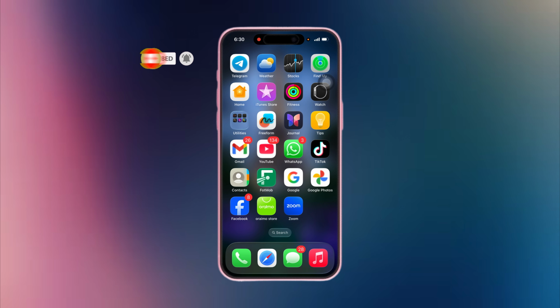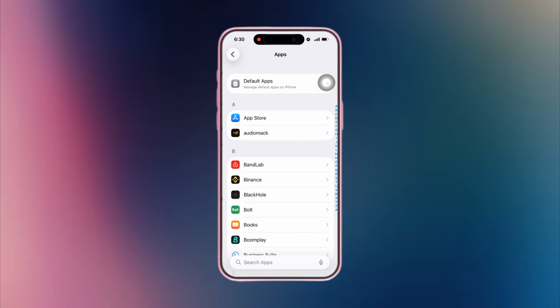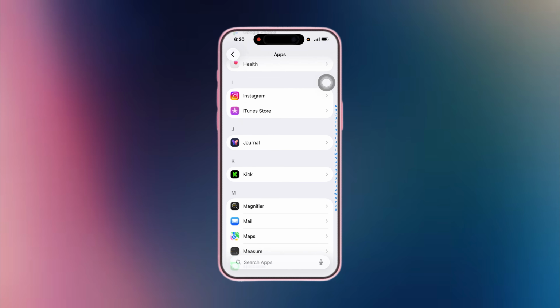Now, without wasting much time, let's get started. In the first place, all you need to do is to just open your settings, and once you open your settings, scroll to your apps. Now, once you click on your apps over here, just look for